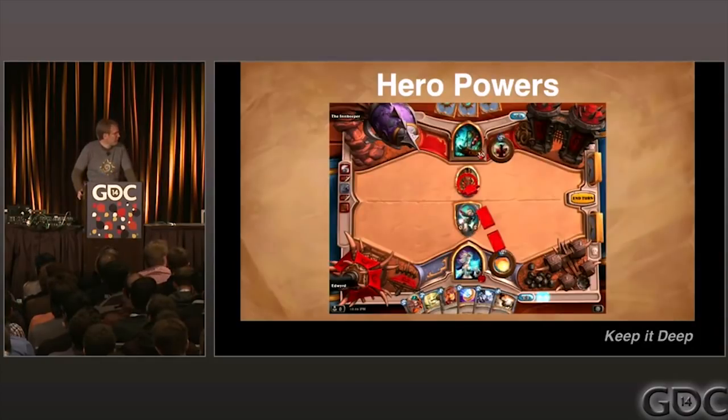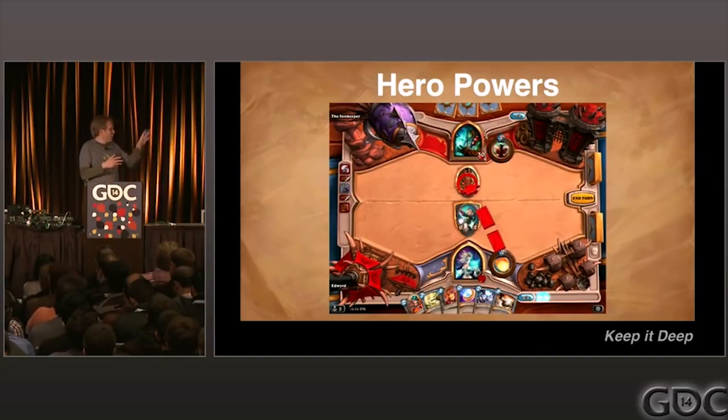So probably the biggest thing that we did in Hearthstone to address that directly was hero powers. In some other collectible card games, there's a variety of things that you can do with your mana on the board, and you can play cards out of your hand and other things, so there's a lot of combinatorics. As we changed the game, we realized that we didn't have as many combinatorics as far as the possible ways you could play your sets of cards. So for instance, without hero powers and without anything else, if I have 3 mana and I have a card that costs 3 and a card that costs 1, I'm pretty much just going to play the card that costs